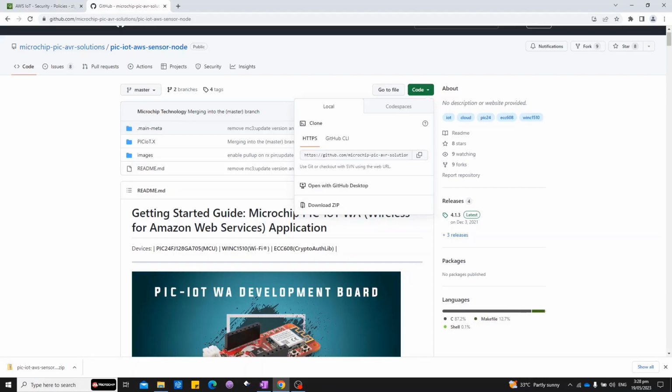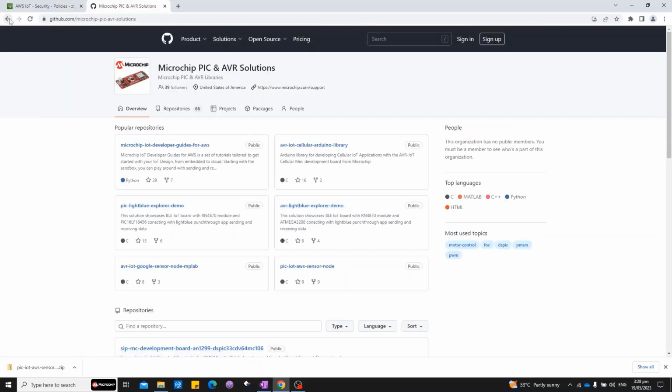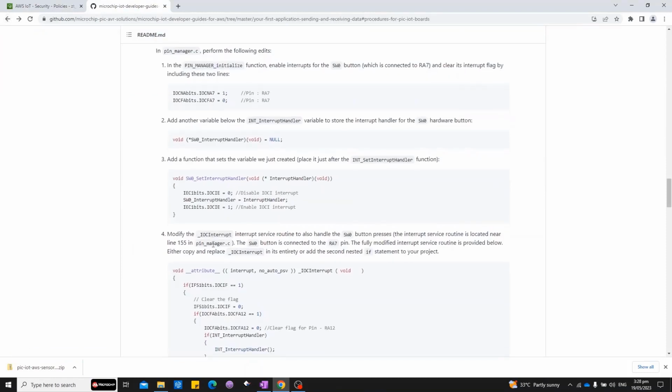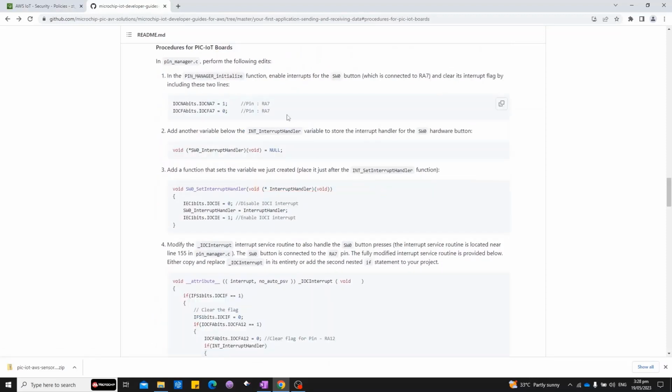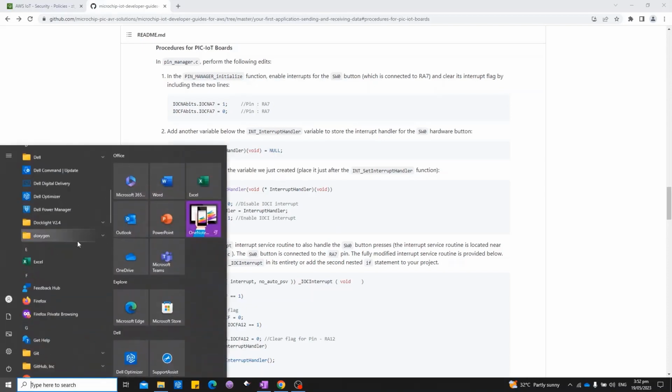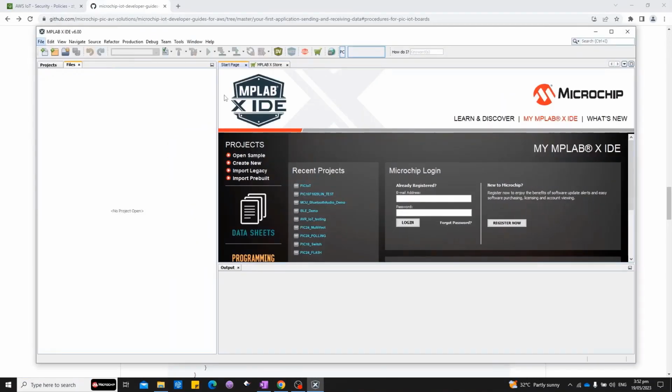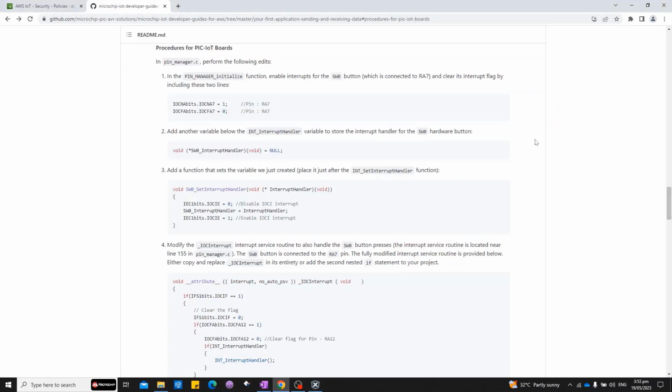The PIC-IoT and AVR-IoT have different procedures from this point. Click the link for your respective device. In this video, we will follow the procedure for the PIC-IoT boards. To edit the project, we will open the project using MPLAB X. Next, we will need to edit the